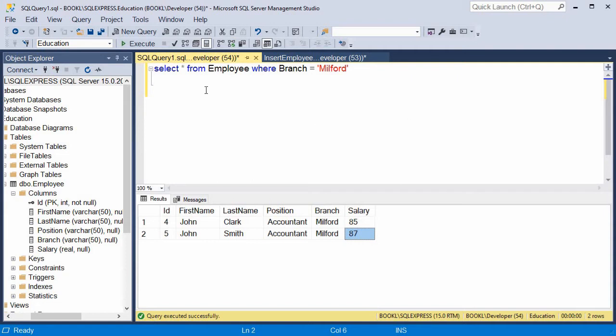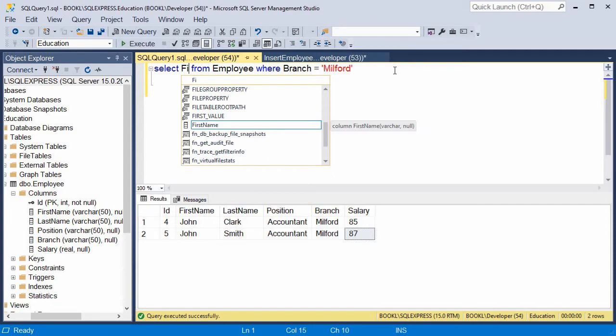Another very common restriction will be for the columns which you return in the very first section of the select statement. This form of statement which I presented, where I use star, is a very simple form, but not a very recommended form. Normally, you will list the particular columns which you want to retrieve. For example, you're interested to know only first name, last name and position, and you're not interested to know branch and salary. So in this case, you will type in